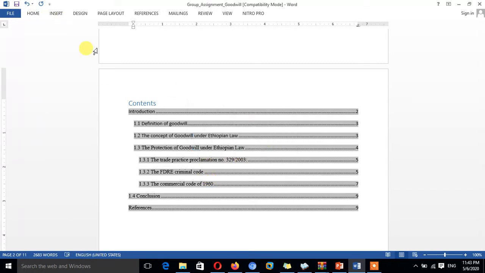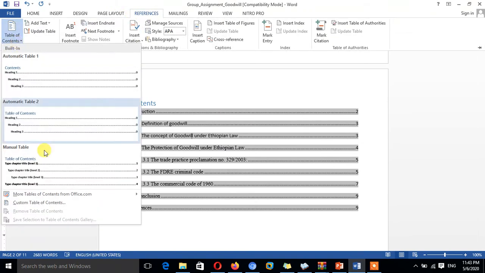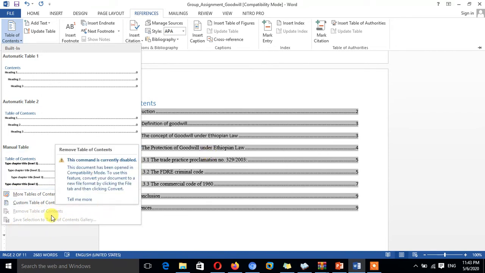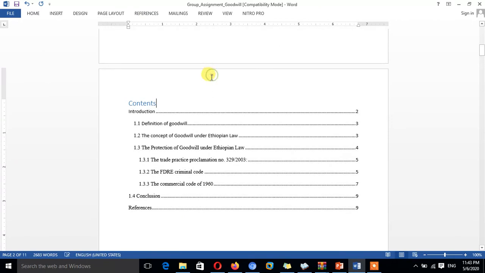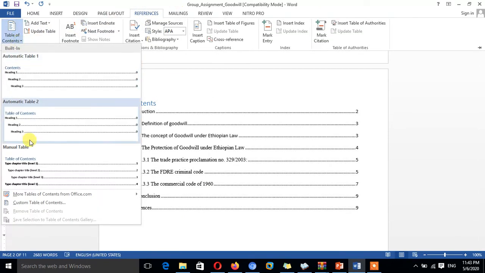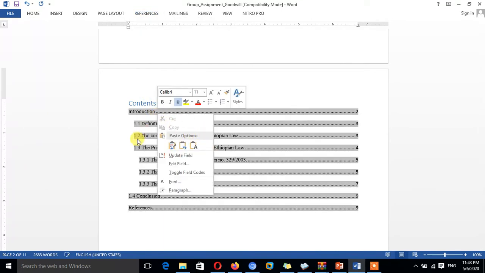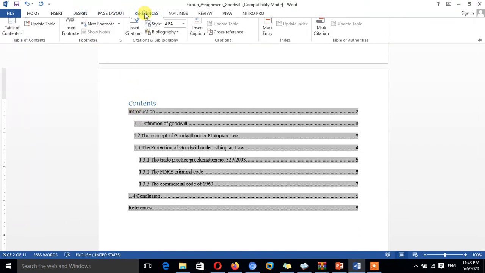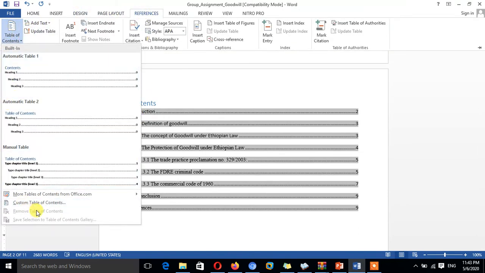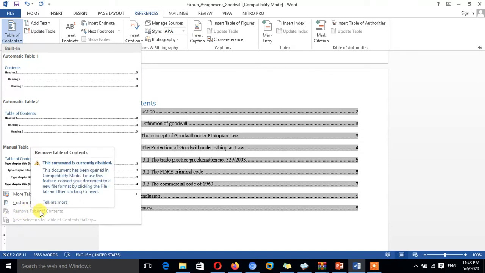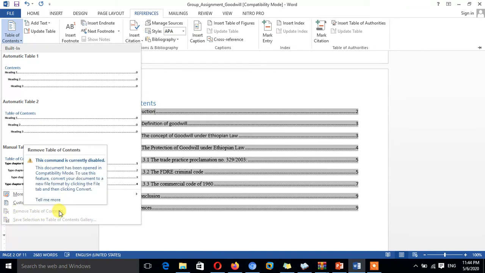The other thing: if you need to remove this table of contents, you can remove it from here, by clicking References and Remove Table of Contents. Actually, it is currently disabled because I opened the document in compatibility mode.